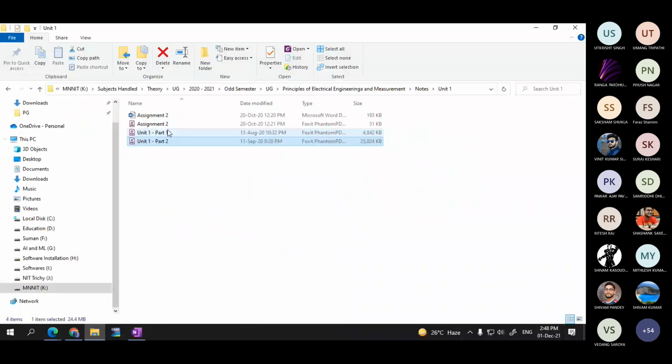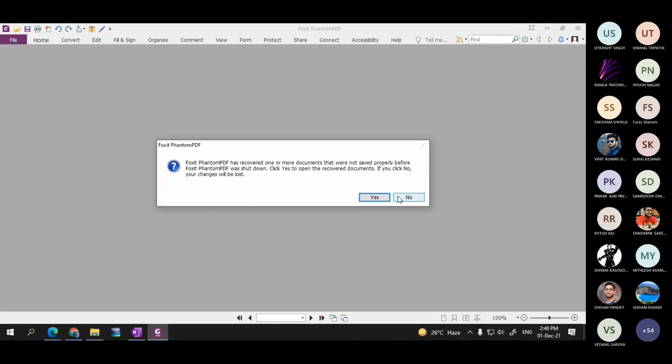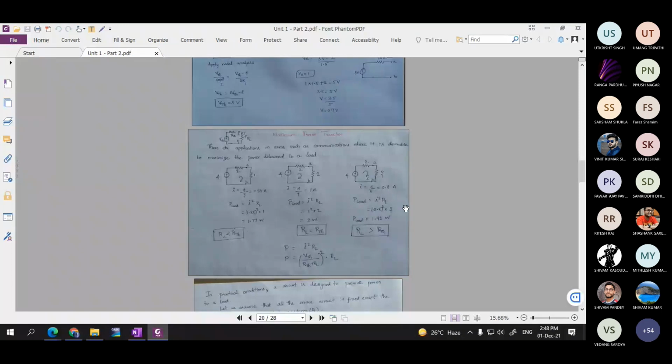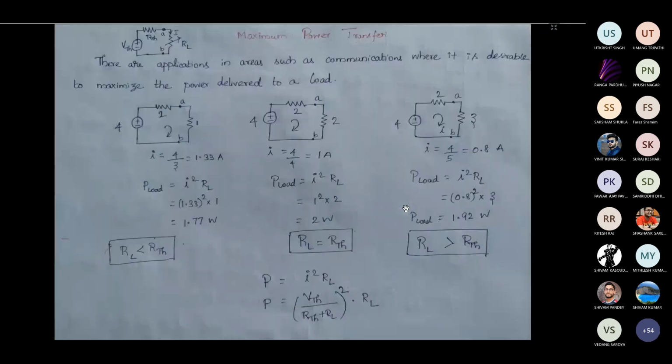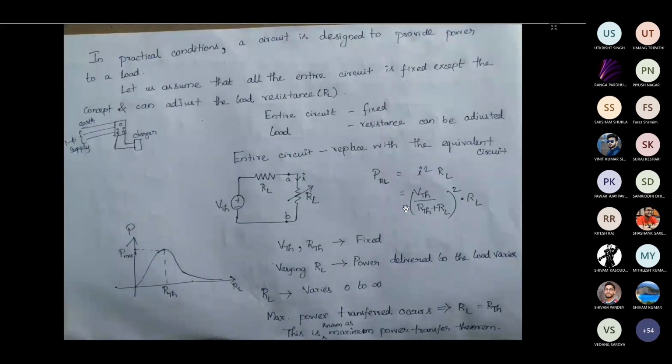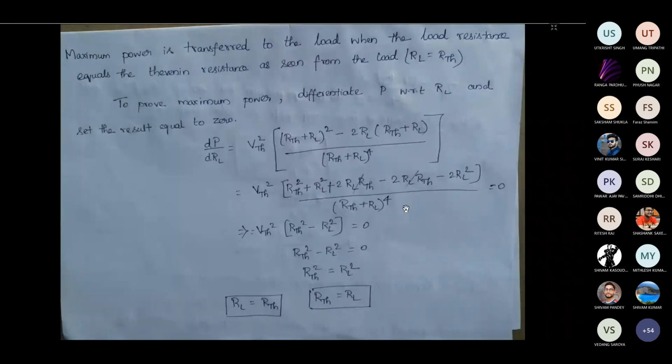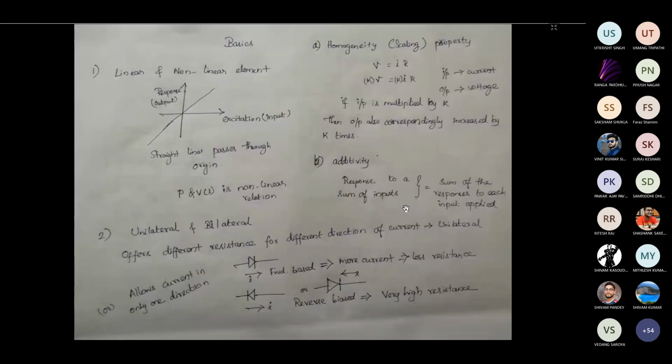So you can use any method for your understanding for solving the circuit, but for this particular subject, when you are asked to find certain things, you have to follow that particular topic. Means if I am asking you to find the Norton resistance, you should follow the procedure for Norton resistance. Suppose I am asking you to find the Norton equivalent circuit, obviously you can find the Thevenin theorem first, then do the source transformation to find the Norton equivalent circuit. But whenever it is asked in this subject, you should follow only the Norton theorem procedure in order to find the Norton equivalent circuit. So this is about the maximum power transfer theorem.